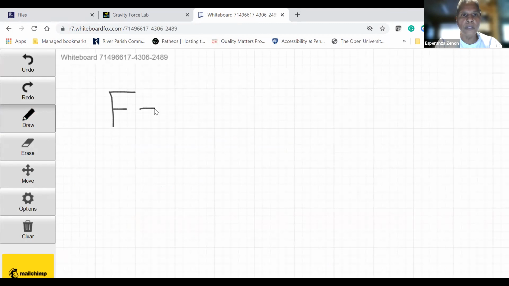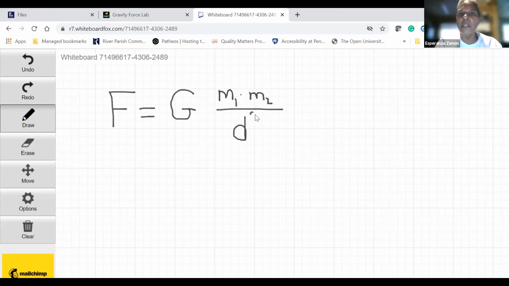F equals big G M1 times M2 over, and I'll keep it in the format that they have it, D squared. It could be D squared or R squared. It means the same thing. But remember, you're getting F from the simulator. So the values that you have given,